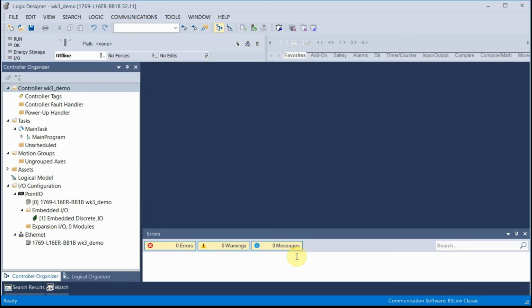I'm looking at the description here, and it says that there's a status tag in each controller. So let's do this first. I know that I'm going to have 2 additional controllers in my project, so I'm going to show you how to add that first. What you do is you right click here where it says Ethernet,